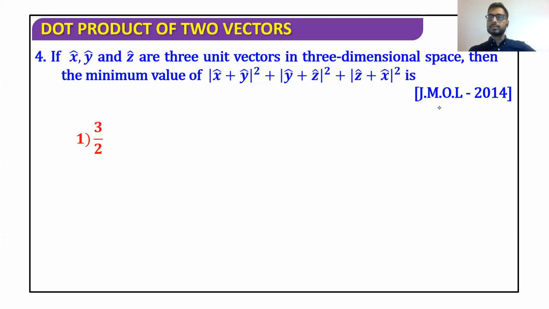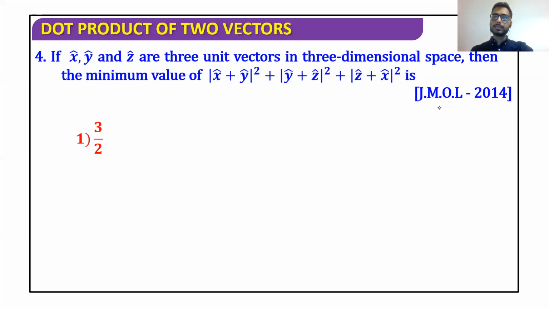If I expand the brackets, I'm going to get x plus y the whole square as magnitude x square plus 2 into x dot y plus magnitude of y square. If I expand y plus z the whole square, it's going to be magnitude y square plus 2 into y dot z plus magnitude of z square. We can easily substitute values of magnitude of x, y, and z because these values are given, which is equal to 1, as x, y, and z are 3 unit vectors. So the values of magnitude x square, magnitude y square, magnitude z square would be 1.